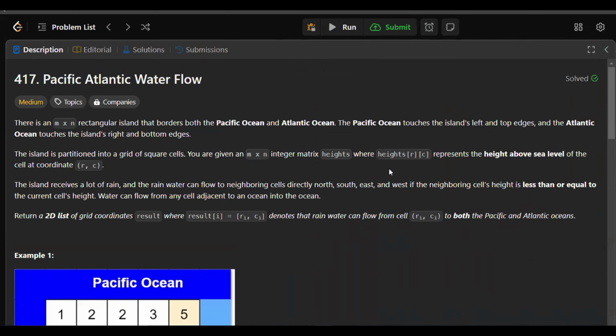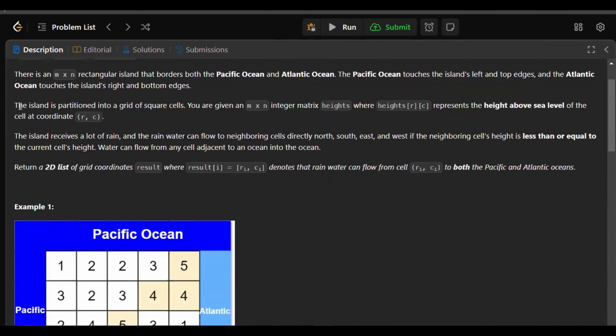Hello everyone, welcome to the solution of LeetCode problem 417 named Pacific Atlantic Water Flow. In this problem, there is an n by n rectangular island that borders both the Pacific Ocean and the Atlantic Ocean. The Pacific Ocean touches the island's left and top edge, and the Atlantic Ocean touches the island's right and bottom edge. Now, the island is partitioned